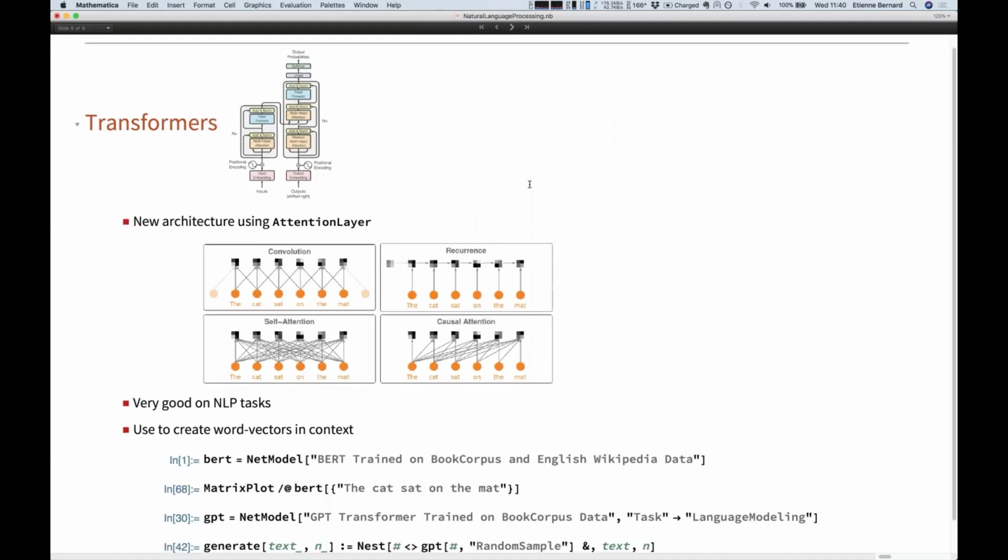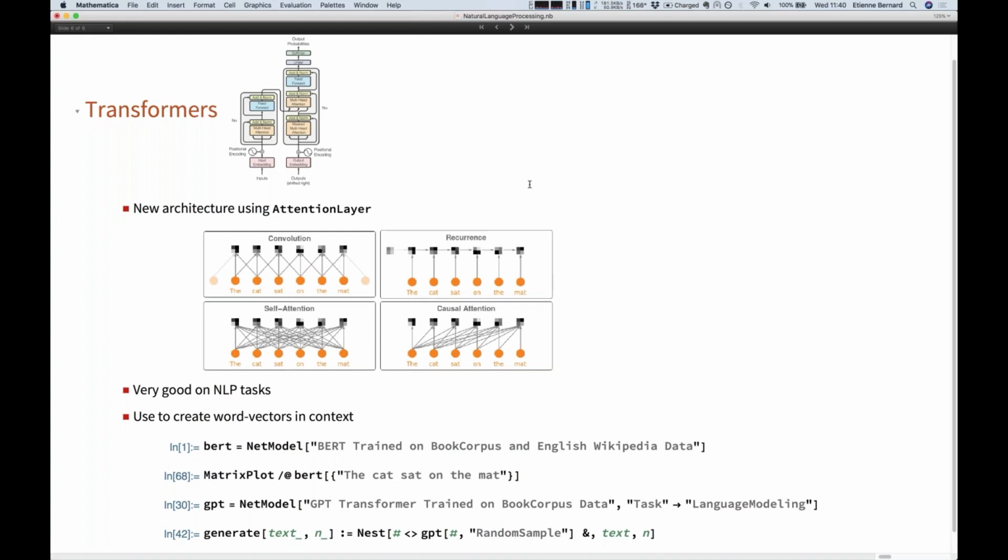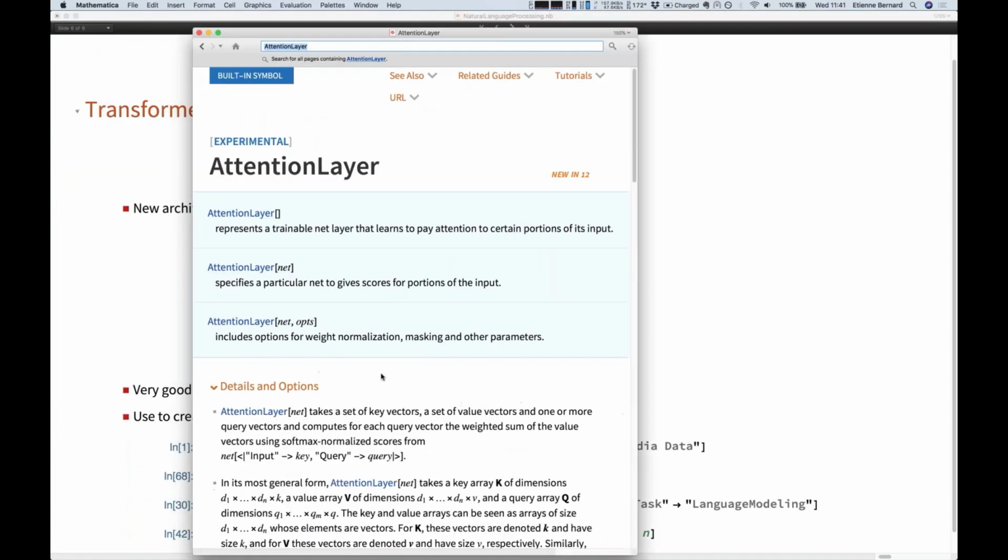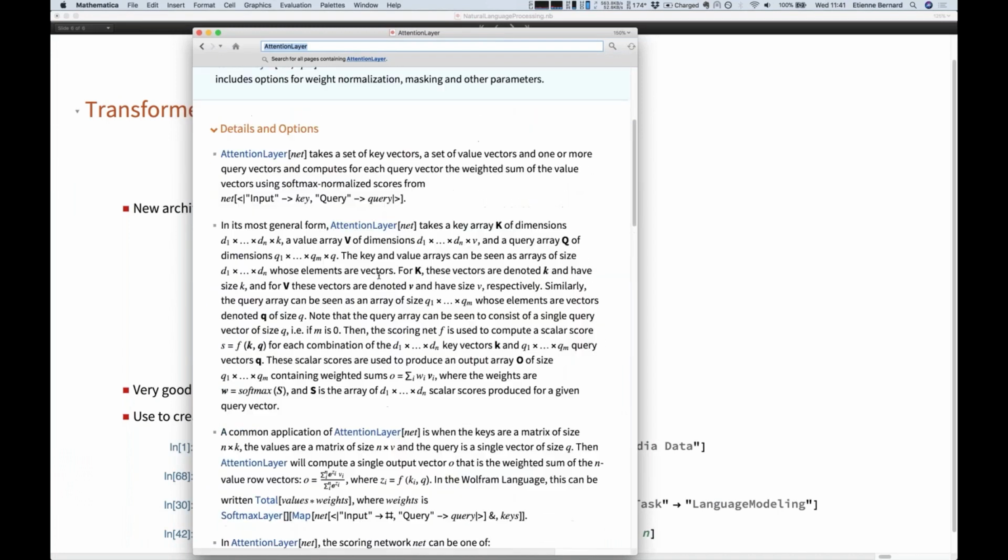Okay, the second thing I wanted to talk about is transformers. So Mathilde gave you an introduction already, and I want to really stress this because it's changing a lot of things in natural language processing. The idea of a transformer is that it's a new architecture type. It's not a recurrent architecture. It's not a convolutional architecture. It's something else that uses self-attention, and that is implemented for us by the attention layer. Okay, and that is explained here.